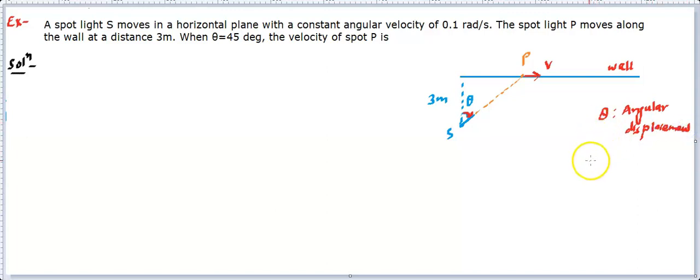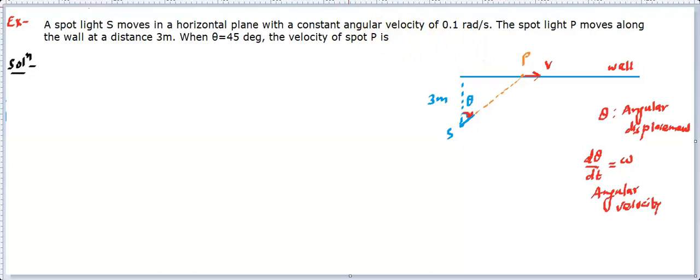Whenever you differentiate a displacement with respect to time, you get angular velocity. This is written as omega, and that's called angular velocity. So angular velocity is d theta by dt. Whenever you differentiate theta with respect to time, that becomes omega. Omega is called angular velocity because theta is called angular displacement. These are some points related to angular parameters that are going to be used over here.